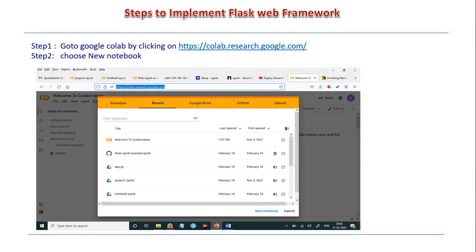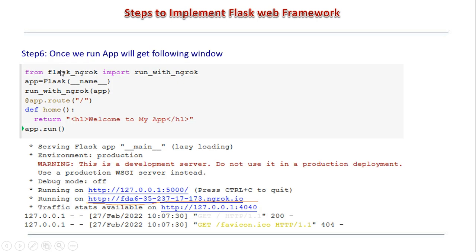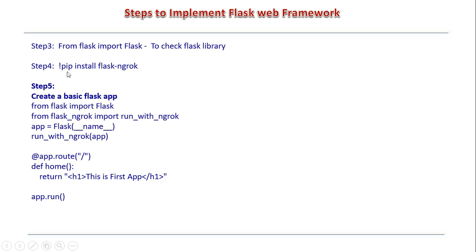In the first step, we need to go to Colab. We are running our Flask app on Colab, because it is not running on the local machine, it is running through ngrok on Linux. So we have to check whether it got installed or not. If flask-ngrok is not yet installed in Colab, we need to install it.